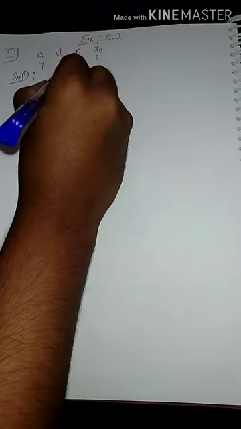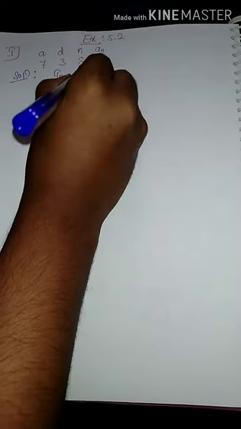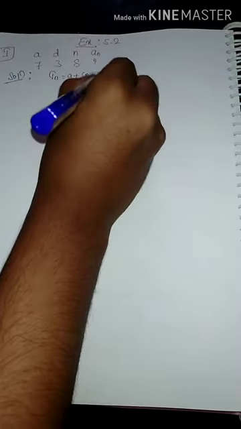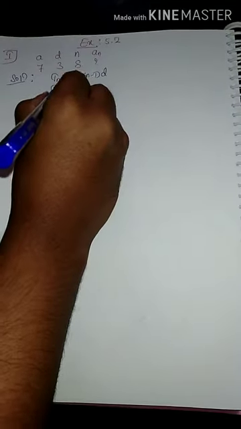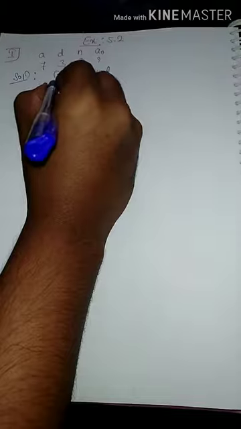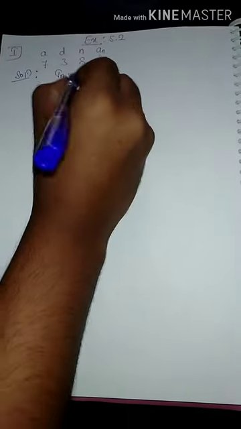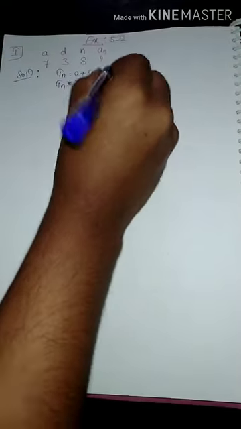Solution. So already we know the formula. How to find the nth term of an AP? Tn is equal to A plus n minus 1 into D is the formula to find the nth term of an AP. Tn and An both are same, don't confuse. Tn is equal to A, the first term, 7, and N is given 8, minus 1, and D is given in the question, 3. D is equal to 3.